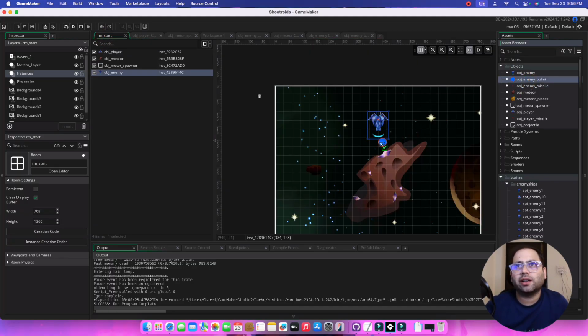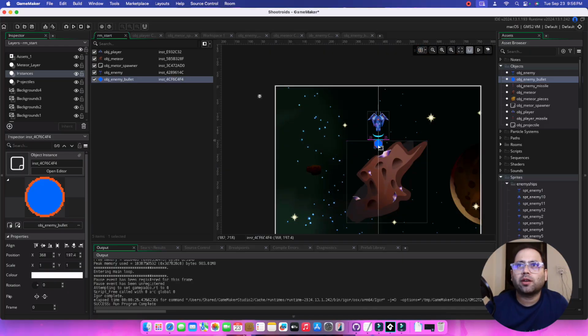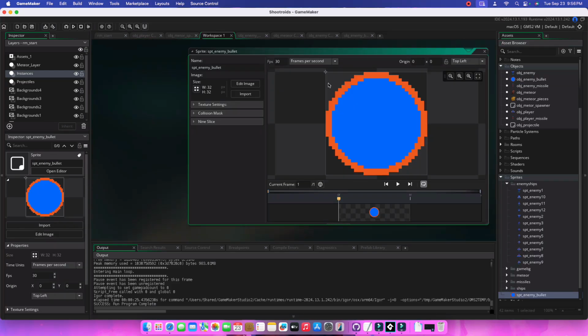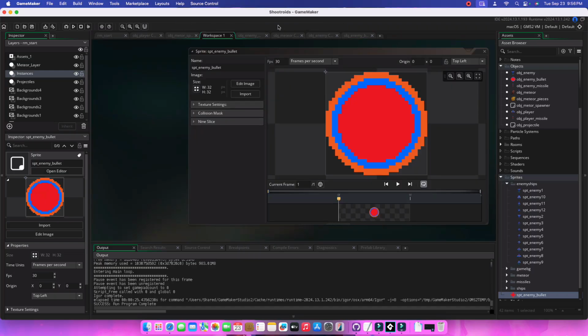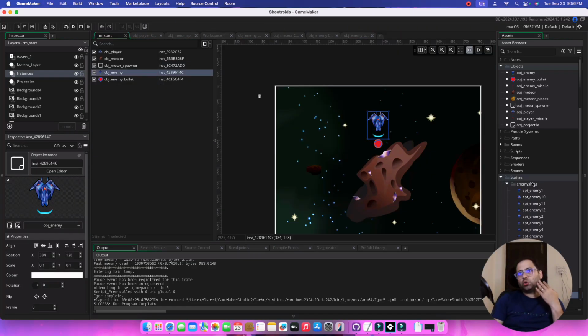Let's just check the size. Okay, that looks pretty nice. We're just going to stop the snapping for now because we wanted to be out here. I think I just create this, make it red, because blue is, I think, a bad color choice. So that's our enemy bullet, that's our ship, and shooting bullets from the ship is going to be pretty simple,